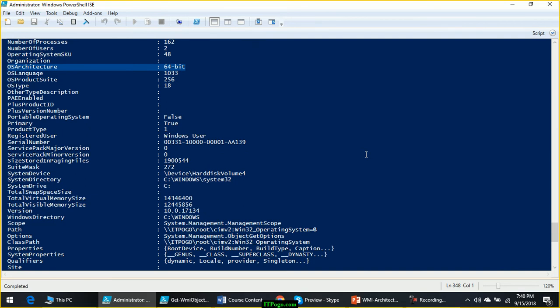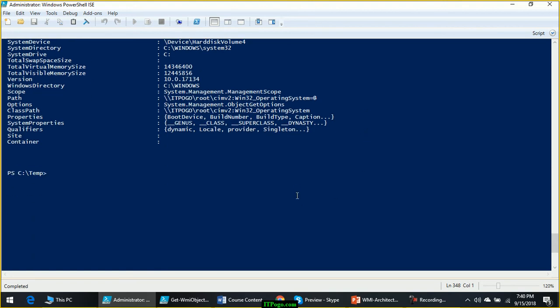Now as a scripter or as a programmer, you need to know which class you have to choose for getting details about your operating system or any other component of your computer. So suppose I want the computer name.